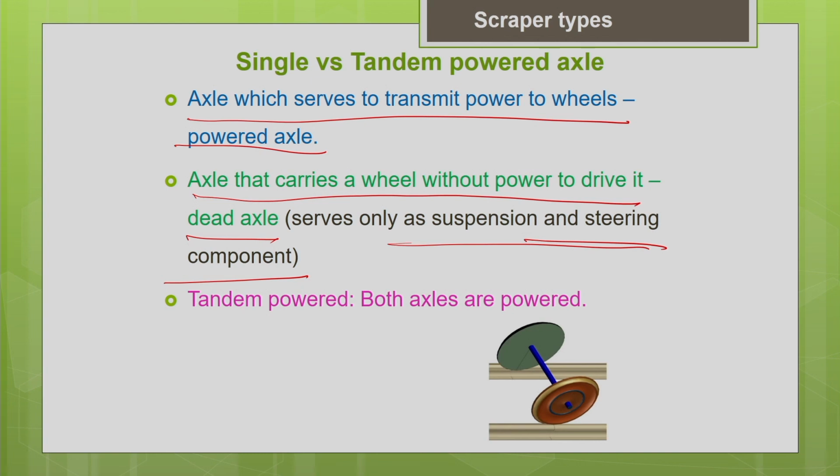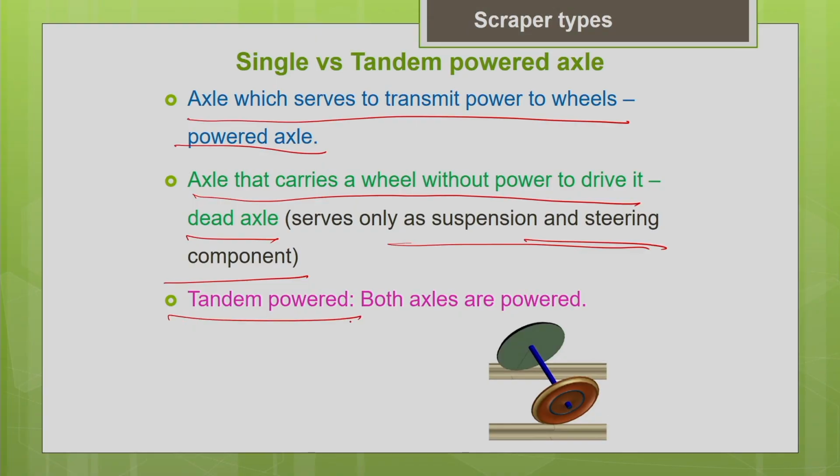So in construction equipment, you can see for the machines which are operated in very tough underfoot conditions, where the rolling resistance is very high, say very rocky terrain or muddy terrain, or very hardened clay terrain, or very steep grade, where the grade resistance is very high, steeper slopes. In those cases we have to go for tandem powered. That means all the axles should be powered, so that the power generated will be more. So tandem powered in the sense all the axles are powered. Single powered means only one axle is powered.